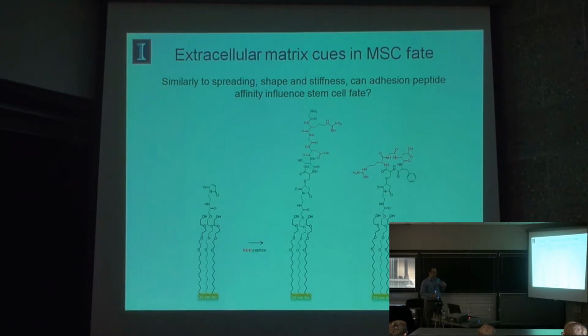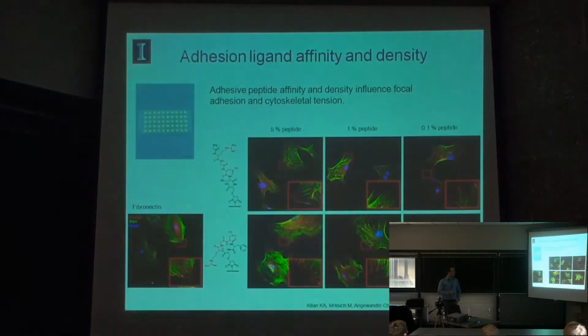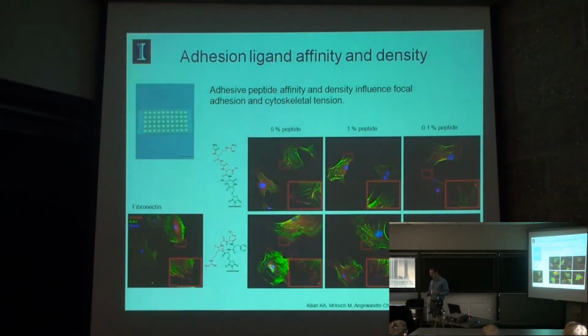And it's interesting because the difference between these is really just the conformation. And what this does is it's really a thermodynamics argument. When the peptide is in this bent conformation, it'll slide right into the integrin binding pocket, while if it's this linear peptide, the protein has to do the work and fold it over. And so because of this, you get higher focal adhesion turnover as the cells are grabbing onto these cyclic peptides. You tend to get more focal adhesions throughout the cell and greater spreading. And so we thought, if you get more focal adhesions, you get better spreading, maybe we'll get more bone cell